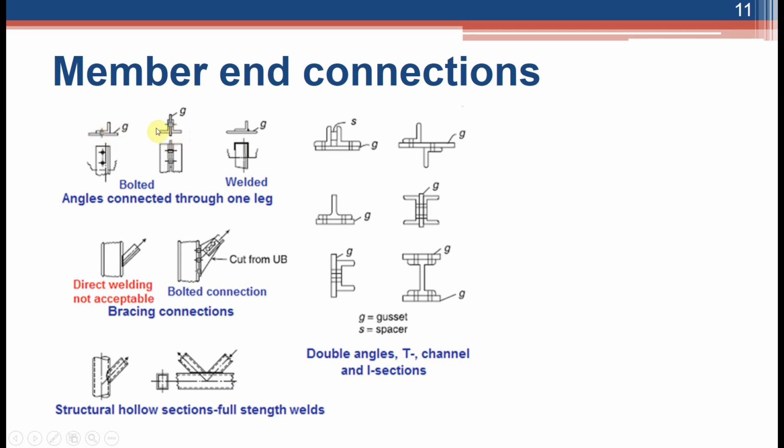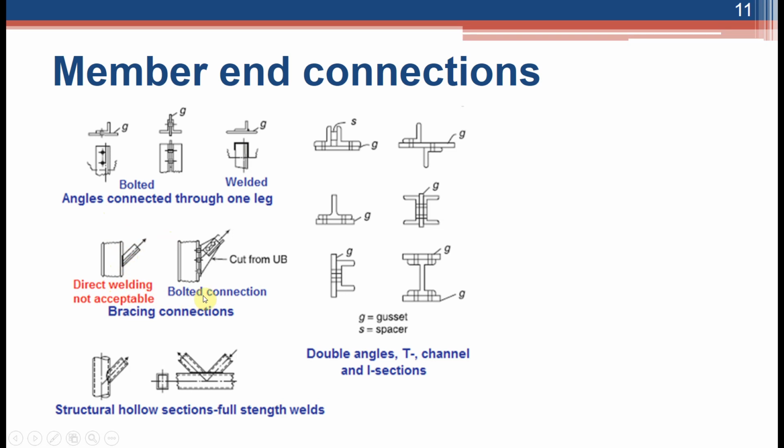Here there is a gusset plate, G means a gusset plate here. Similarly, a single angle is connected by a weld. The weld is higher on this side and shorter on this side, and this is a plane perpendicular to the loads. All these are direct welding, not accepted in this case. So whenever the vertical column and inclined tensile member are to be connected, only provision of welding in the vertical